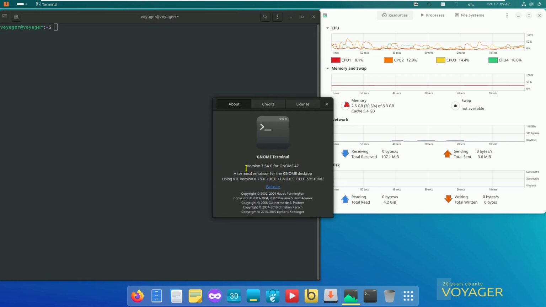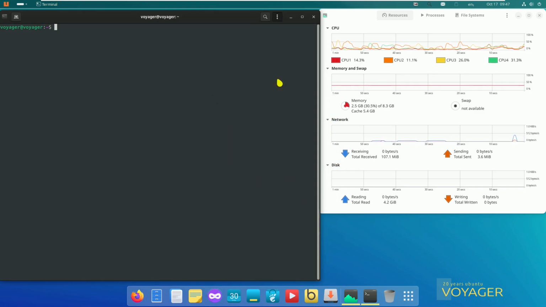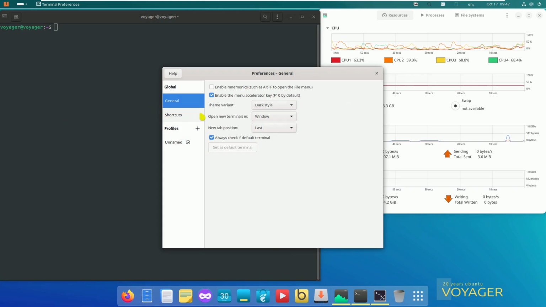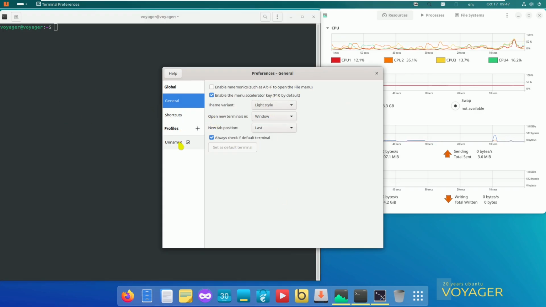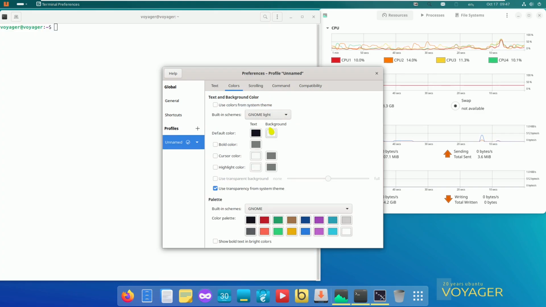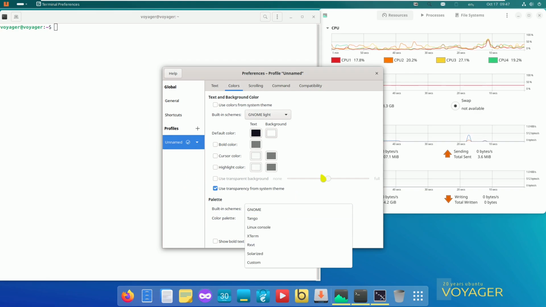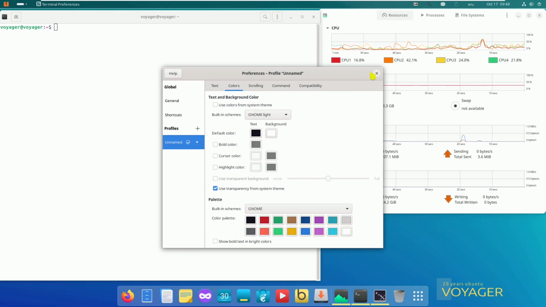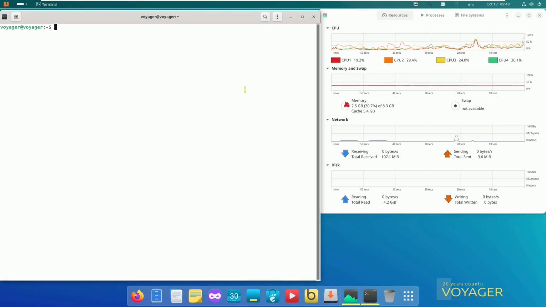About the GNOME terminal, here is version 3.54.0 for GNOME 47. Let me change the preferences so we can see everything properly. I'm going to choose the light style and also the light colors, so it's okay. And for built-in schemes, I'm going to choose the GNOME one. So let me type in neofetch,